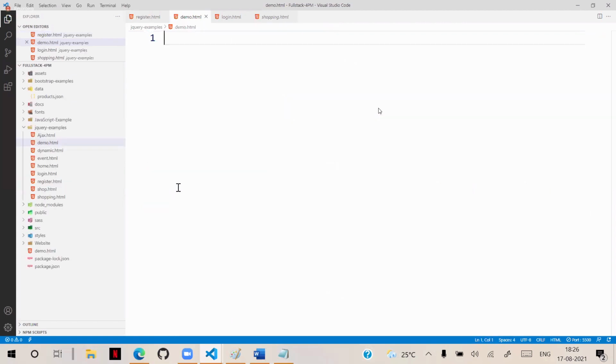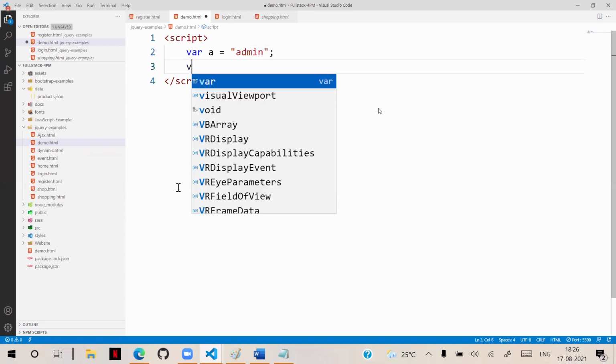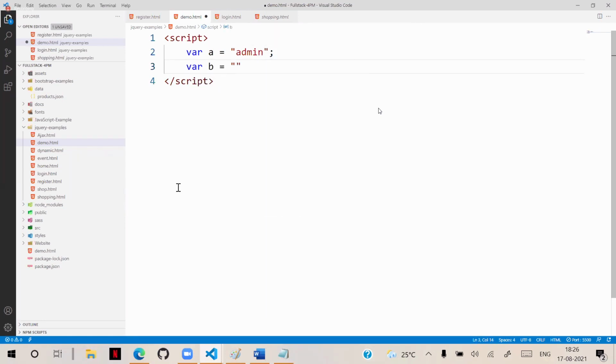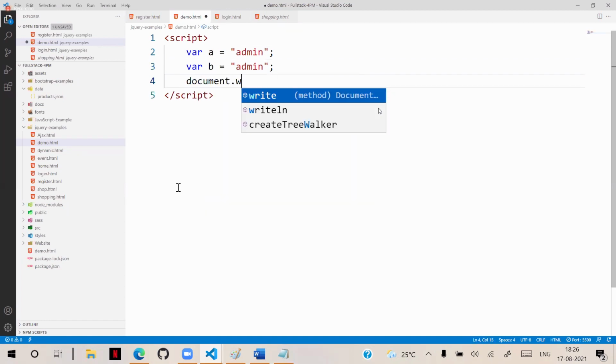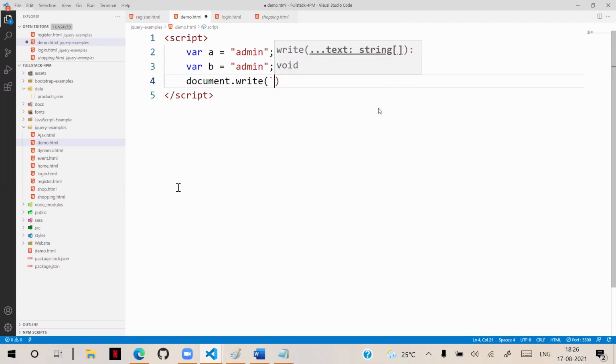demo.html. Just roughly, in the script here, we have var a is equal to some sample text, say admin, okay? And var b is equal to admin. These two are defined. And here we are using document.write, printing the value.